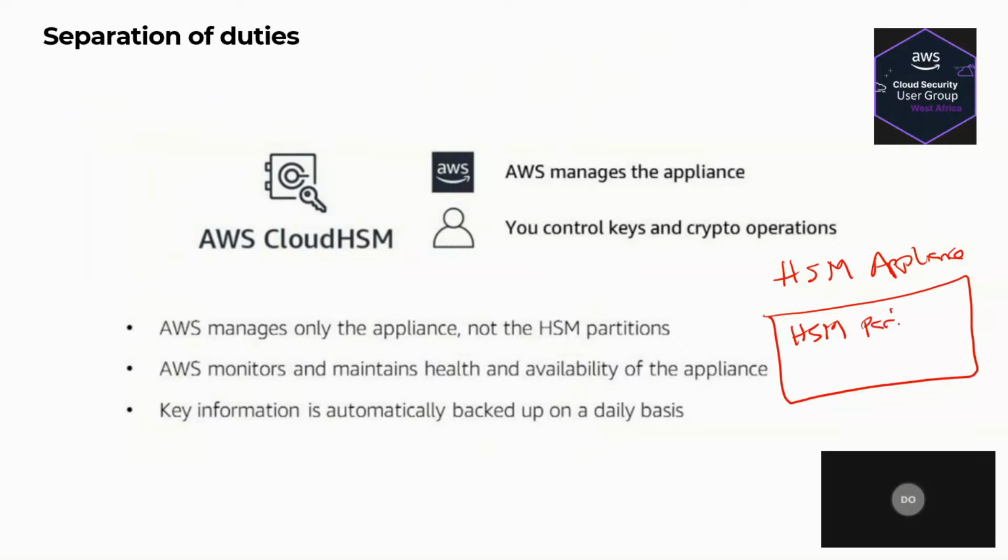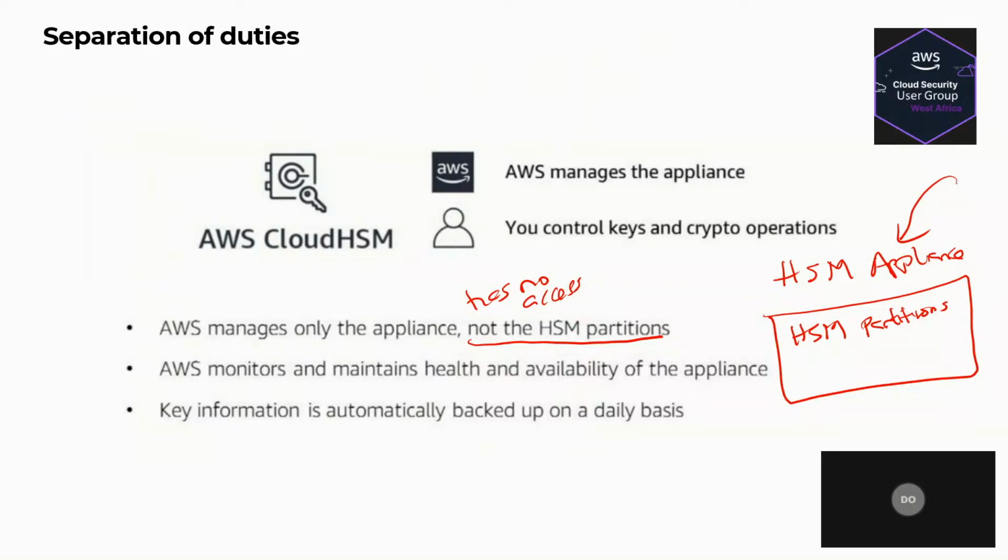These are the partitions where we're going to be storing our keys. AWS manages the appliance and has access to it. But AWS does not manage the partitions, and actually, AWS has no access